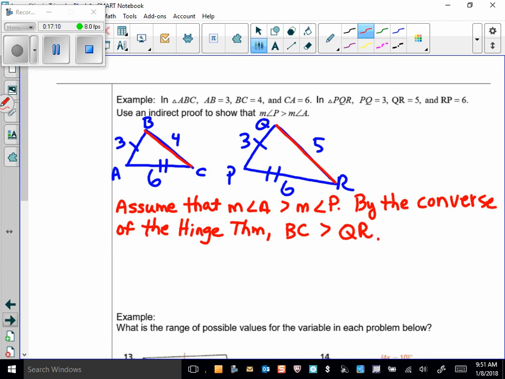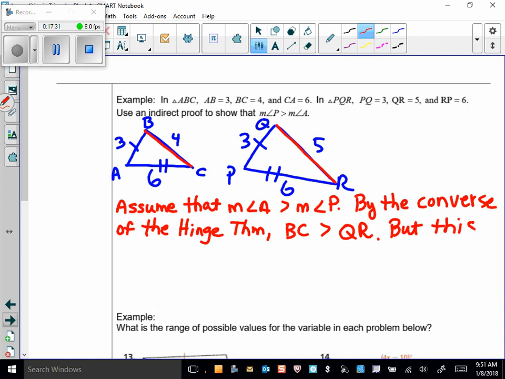That's what that would tell me. But it's given that BC isn't longer. So I'm going to say it this way. But it is given. Well, let me do this. I'm going to say,